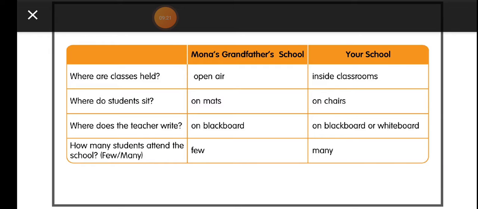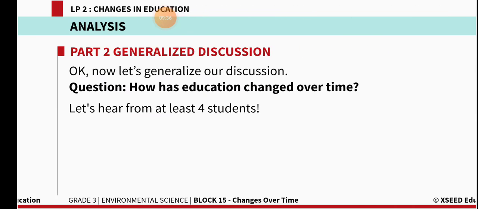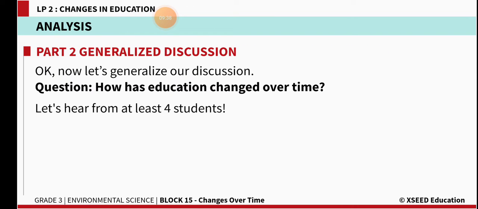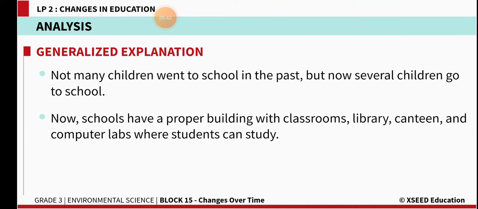Mona's grandfather's school teachers used to write on the blackboard. Nowadays they are using blackboard, whiteboard, jamboard, smart boards. In those days very few used to go to school, but nowadays many are going. How has education changed over time? Not many children went to school in the past, but now several children are going to school. Now schools have a proper building with classrooms, library, canteen and computer lab